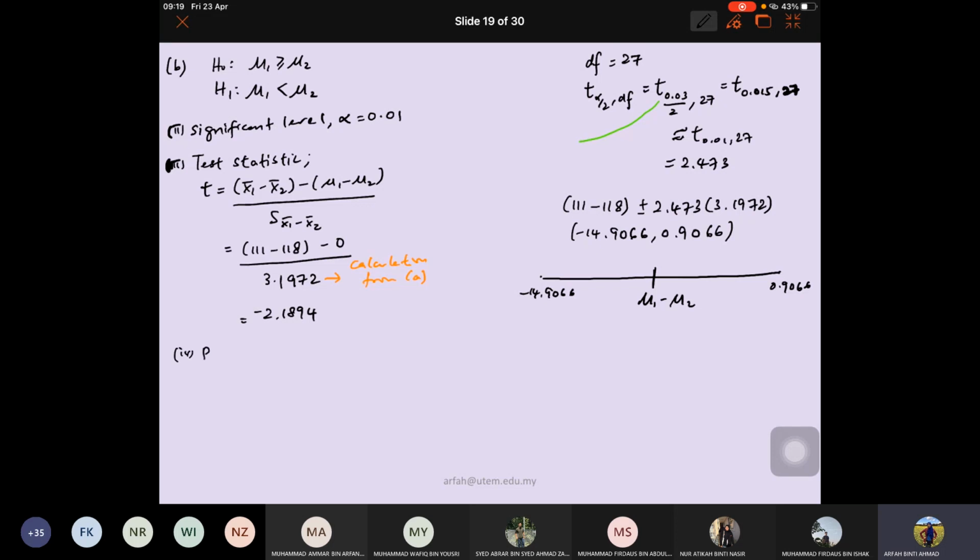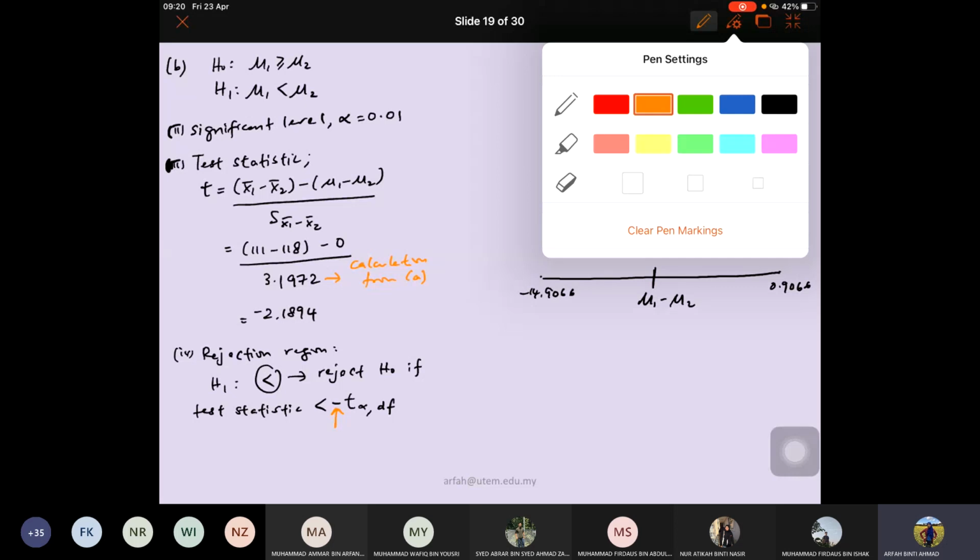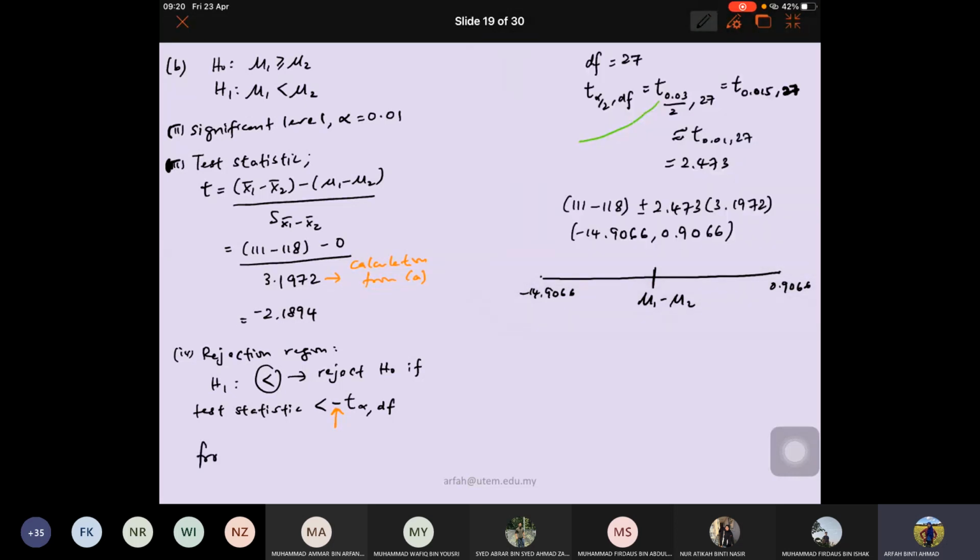Rejection region. So awak ada H1 ada tanda lebih kecil. So reject H null if test statistic less than negative T alpha DF. Okay, so kita letak negative sign. Walaupun T tu adalah positif, tapi kita letak negative sign. So from A, kita dah kira DF sama dengan 27. Okay, so soalan suruh